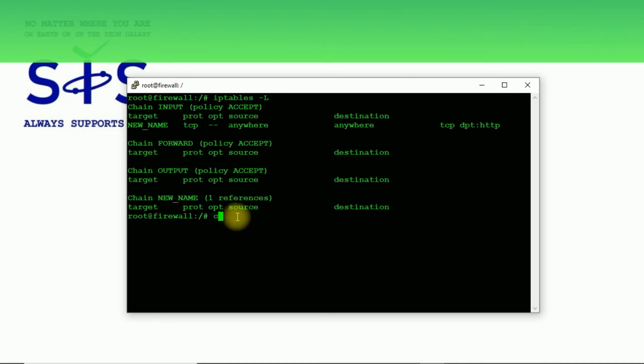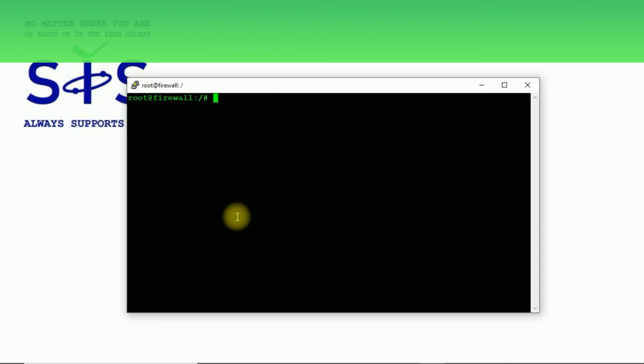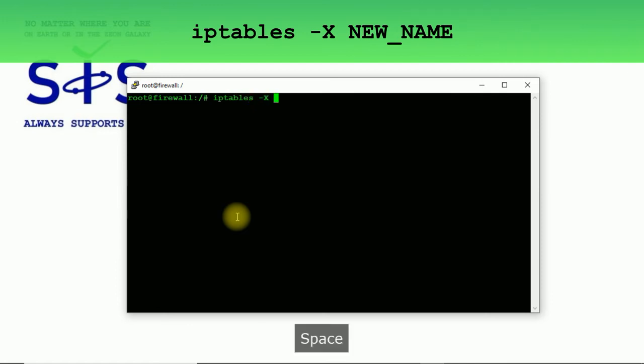You know how to create a new chain, probably you want to know how to delete this chain. To delete the chain, you can use the -X option and next the name of the chain.